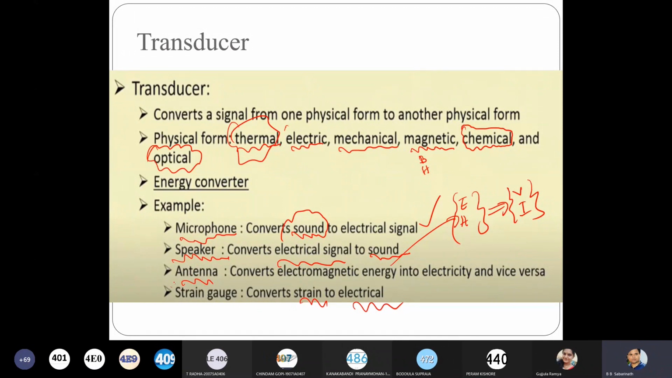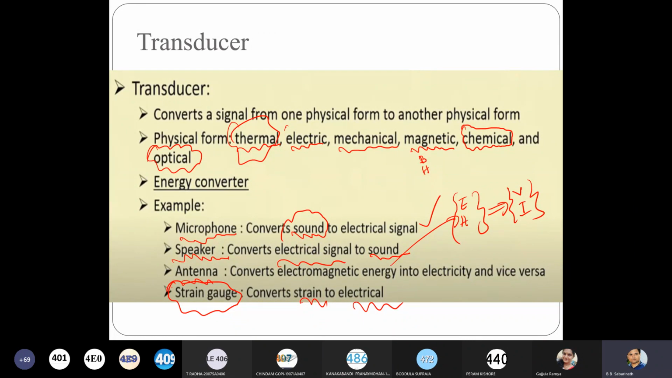So let's just look at the strain gauge. Basically, how does this happen? Like why? Based on the sensor, you are telling that temperature is converted to voltage,